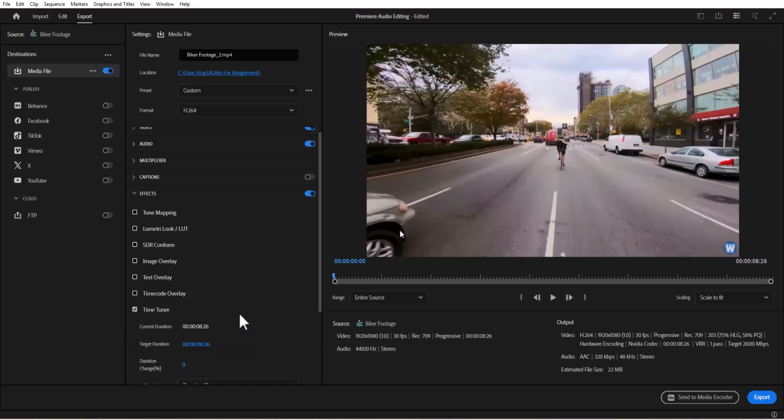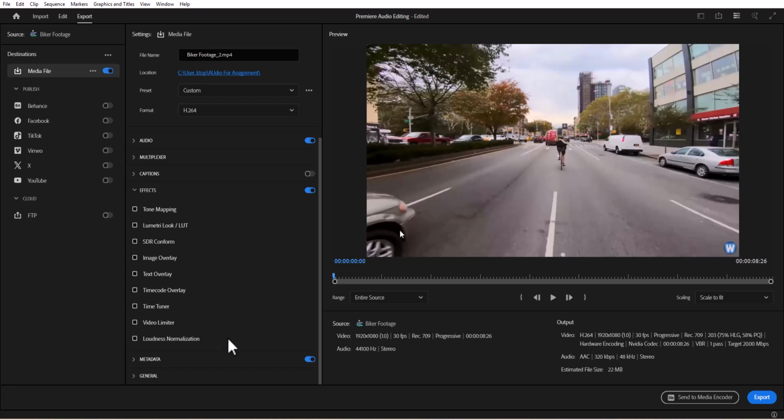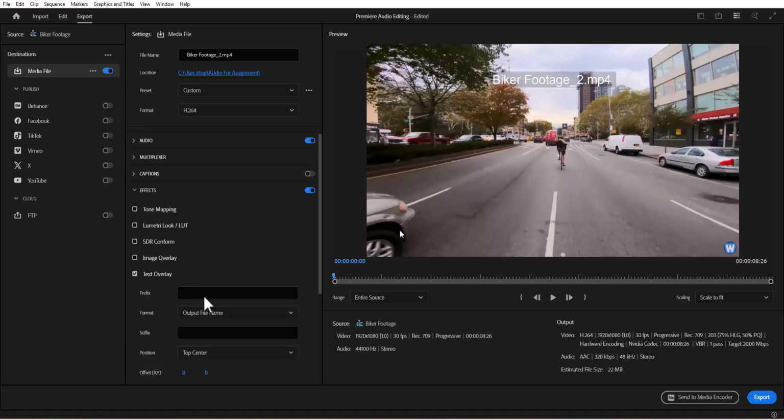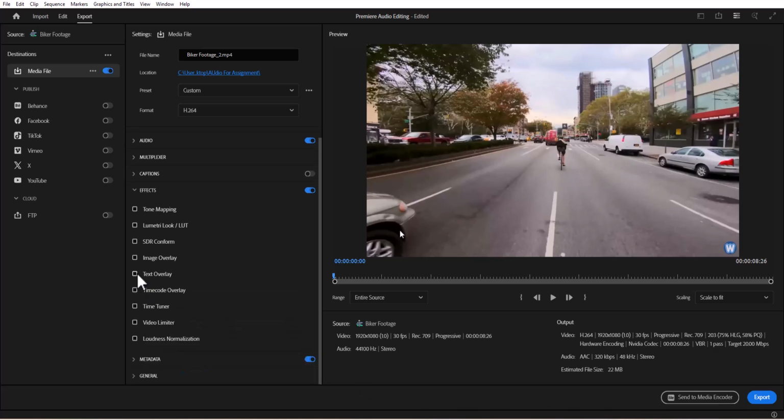You can also have time code overlaid on it. You can also add text to it. So right now it's giving me output file name. There's the source file name. You can also add text to it, like that. So many wonderful things. Anyways, that's post-processing